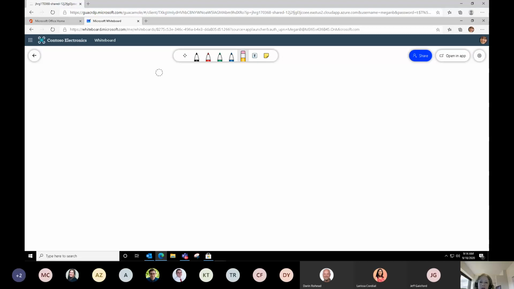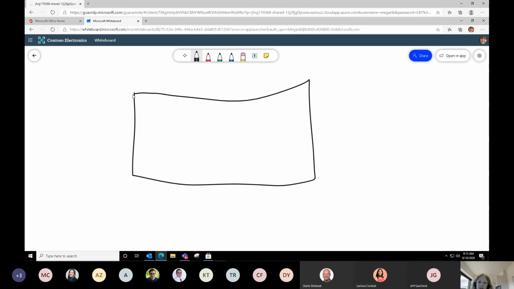So first of all, up here we do have the drawing toolbar, and it's pretty limited with colors, right? You've got black, red, green, and blue, the pencil for erasing, and then you also have the typing text and the sticky note. So for example, if I want to start by drawing on my canvas, that's what this area is called, I'm going to come in and select whatever color of pen that I want, with the limitation of there being 4 colors. And then I could use my stylus or my mouse to draw shapes and all kinds of things on the screen, right?